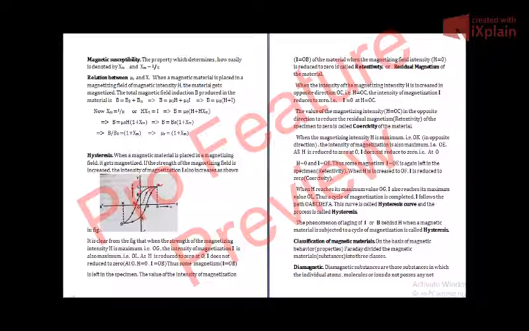The value of the magnetizing intensity, that is H is equal to OC, in the opposite direction, to reduce the residual magnetism, to reduce the retentivity of the material of the specimen to zero, is called coercivity. Now we have some magnetism in the residual material, in the specimen. Residual magnetism is there now. Now we want to get rid of this magnetism. We want to finish its magnetism now. We don't want to have any kind of magnetism.